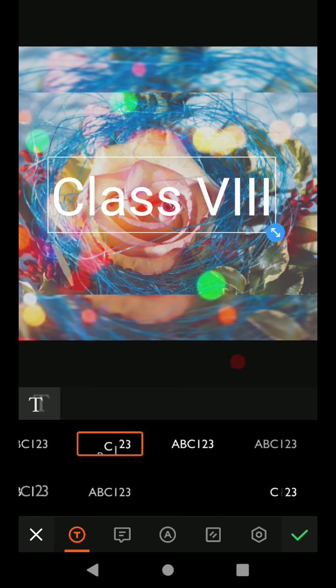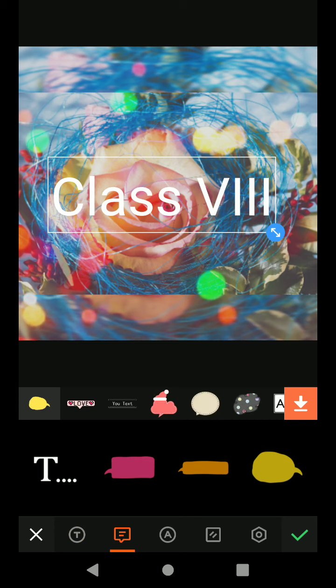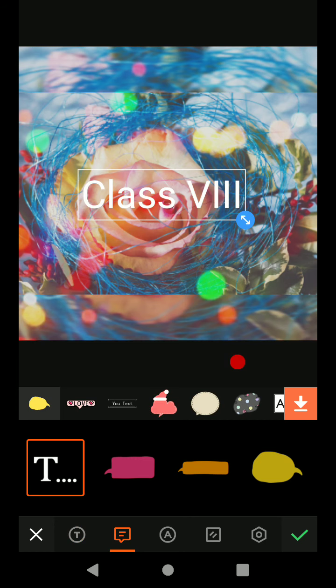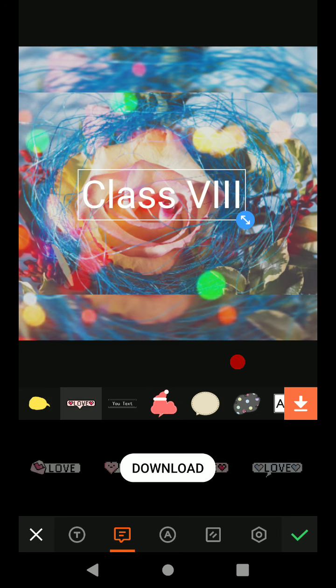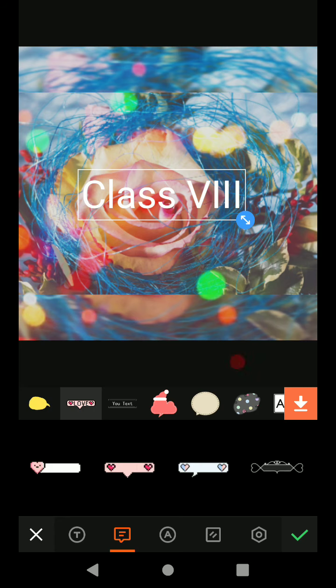Now by default what options are present for me in this text? In the text at the bottom you see, once I've selected the style, now I'll select the second option. Here see, plenty of things are available. First one, the text is something like this. Okay. And then the second option on the top you see is subtypes. I have to download this. I'll click on download. So once I have downloaded this,